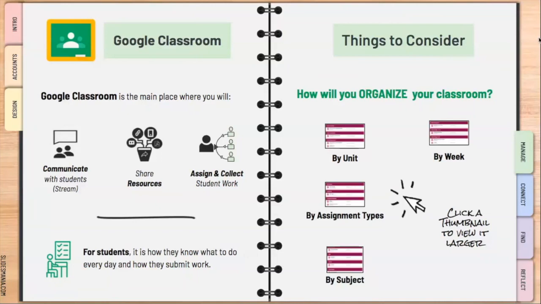For example, in a secondary classroom, you may choose to organize by unit. You may also choose to organize your content based on week or assignment type. In an elementary classroom, it may be helpful to organize by subject, such as reading, math, or social studies. When you revisit this presentation, feel free to click on any of these images to see a sample classroom in a larger view.